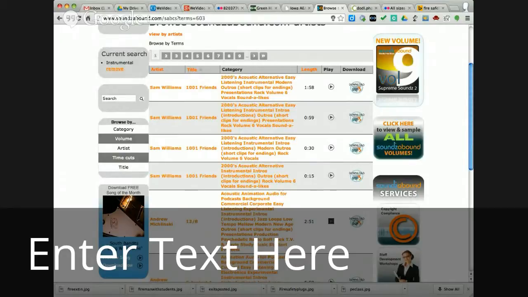Now we're going to click on this Download MP3. And that downloads it over here. So if I open this, it's going to be in my Downloads folder. And it's going to open up with iTunes. So we could listen to it there as well. I'm going to close that out, close out iTunes, and I'm going to go back to my Wevideo